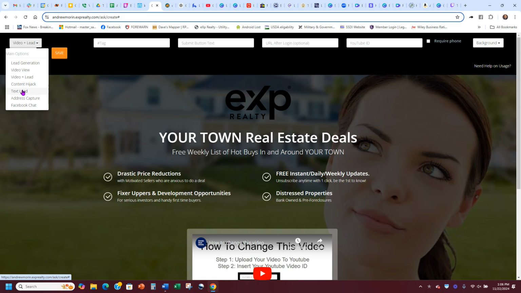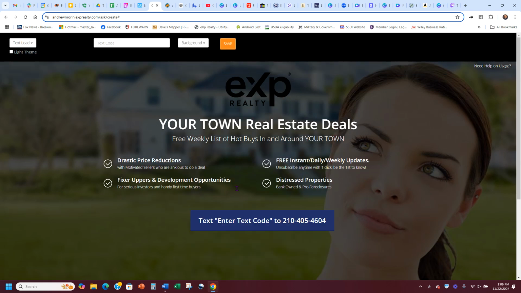After that, it says text lead. This would be people texting you a code, like new home, whatever. So you could put here, like new home, whatever. And then they would text you that, and it would go to your smart number, and it would come as a text lead in your KvCORE. So you could do something like